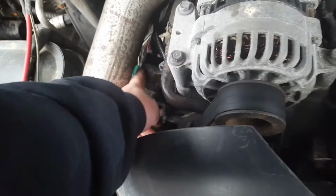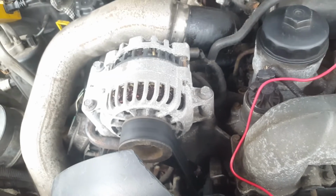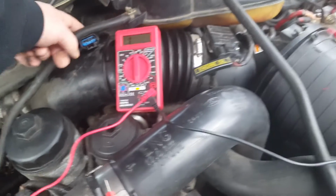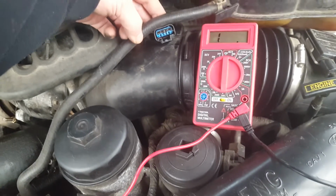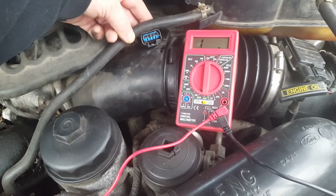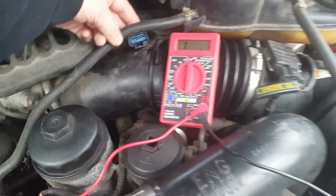Now I could plug this harness back in and test them right down here at the glow plug module. But pretty much no point of doing that. So I already know they're good, and this basically tells me that the harness was installed correctly. So, need a new glow plug module. Should have checked that before I did all of them, but